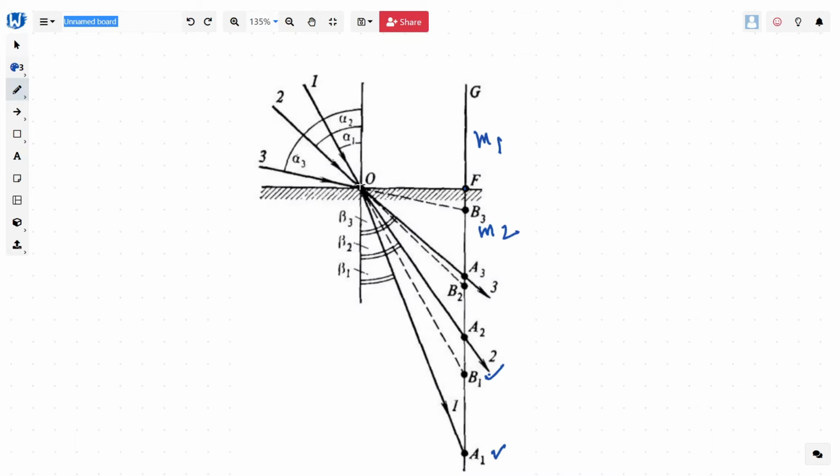Similarly, for ray 2, after refraction it is coming at A2, and without refraction let's assume it would have come to B2, and A3, which is coming like this, getting refracted here and without refraction in a straight line to B3. Snell, by doing a lot of experiments on these angles, found that